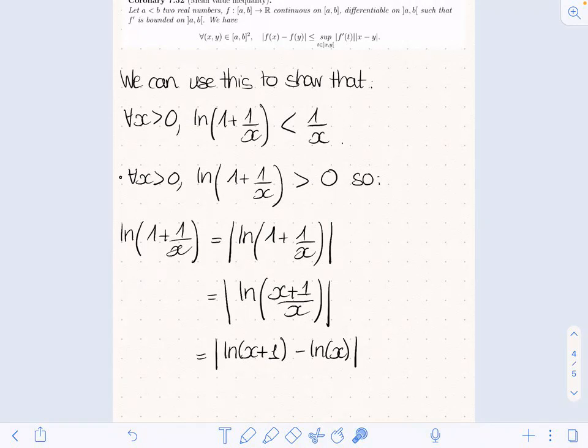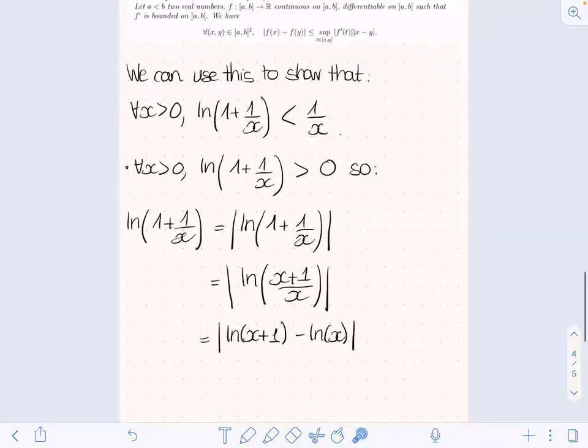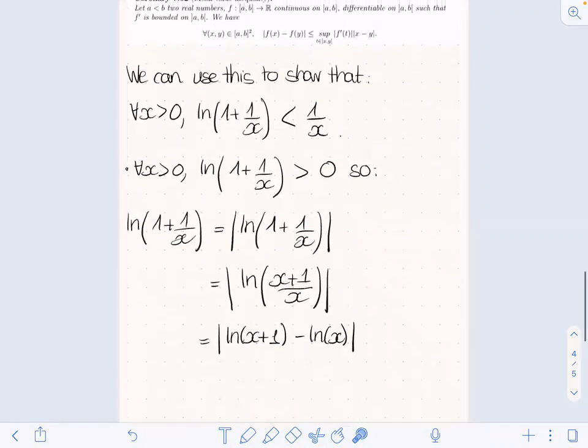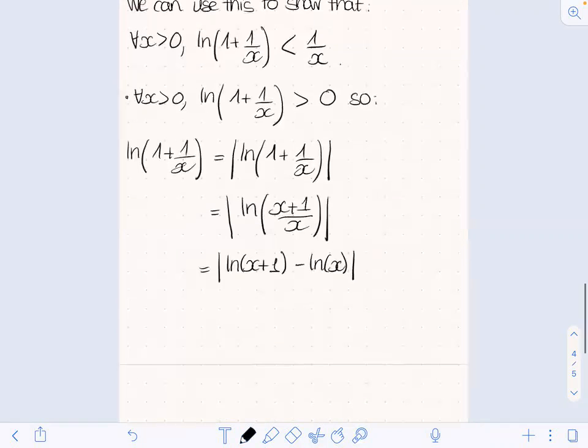Yes, with y equal to x plus 1. Yeah. It's just a bit annoying because I've got x and x plus 1 and y and x, but you're absolutely right. So what we have is, for any x positive,